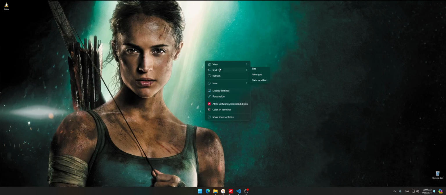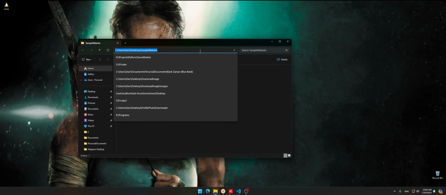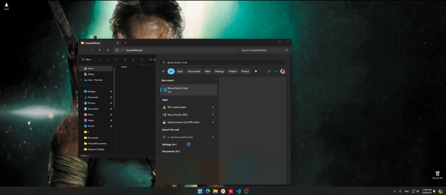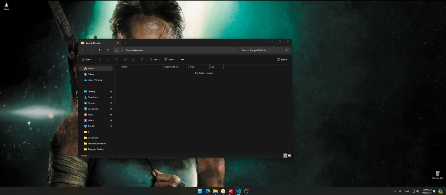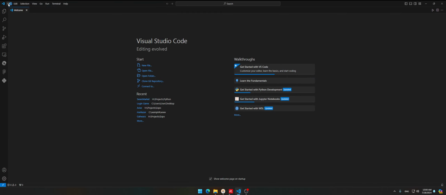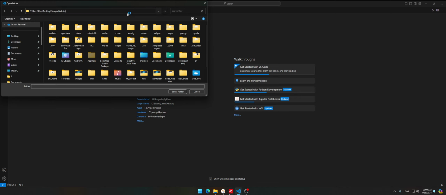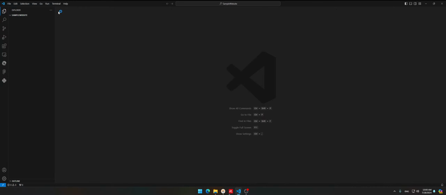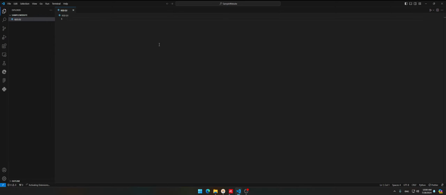as always. So first we need a folder name. I'm gonna name it sample website, and let's go ahead and open it with VS Code. File, open folder, and let's go ahead here. Okay, I'm going to create a file app.py. So for this one we need